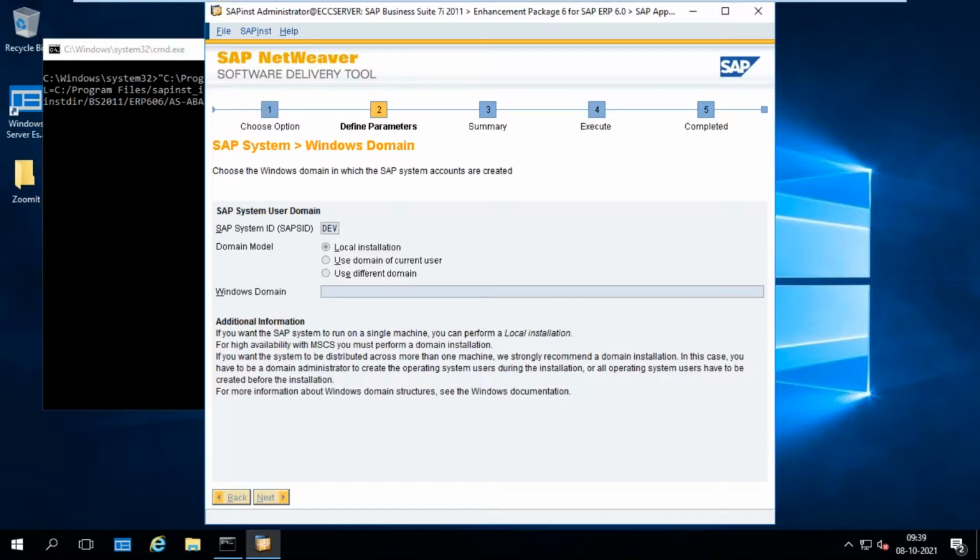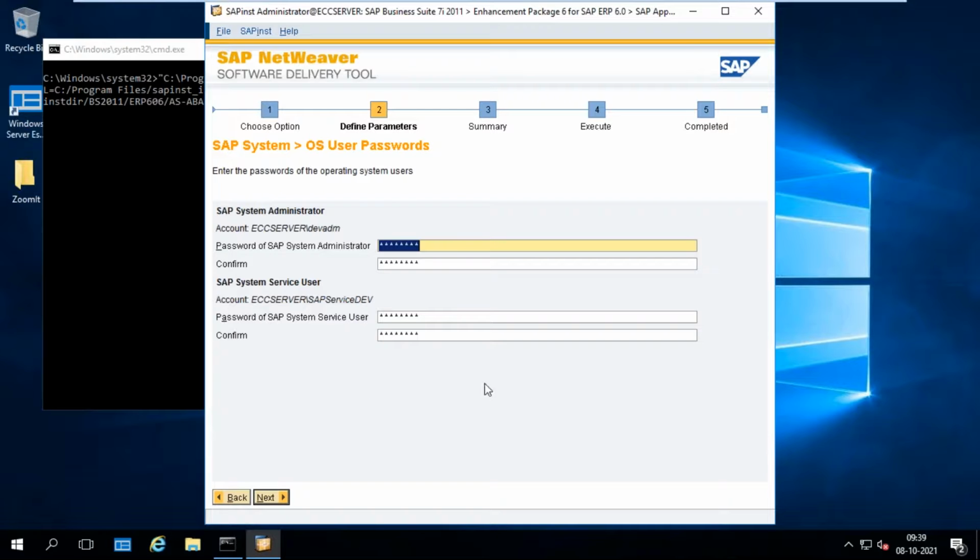Local installation. So the same password, no need to enter the password. Whatever password you entered before this window, the same password is displayed. If you want to change the password, you can enter it here.